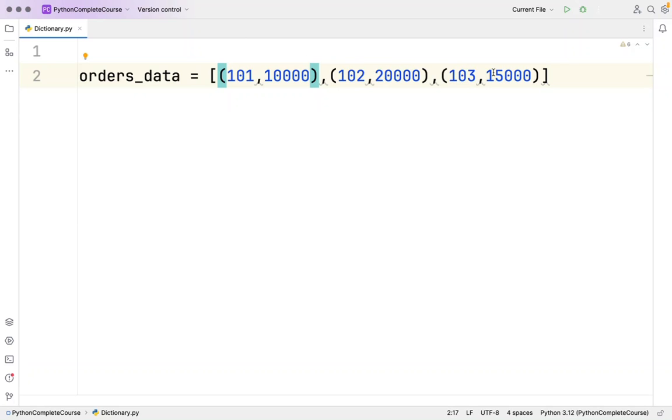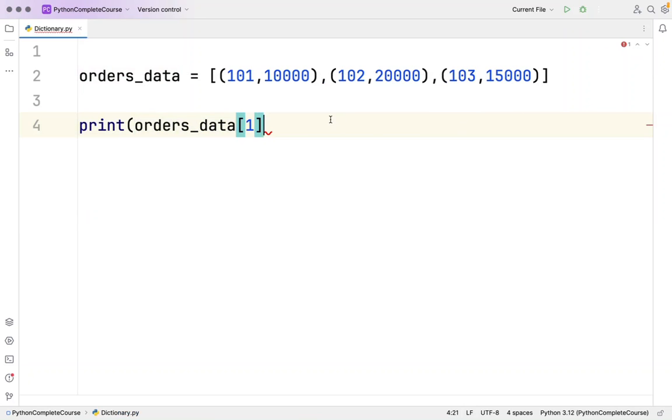That's where such tuples are important. Now we could convert this to a dictionary also. I'll show that shortly. But for now, if I say orders data of, let's say, one, and print this,